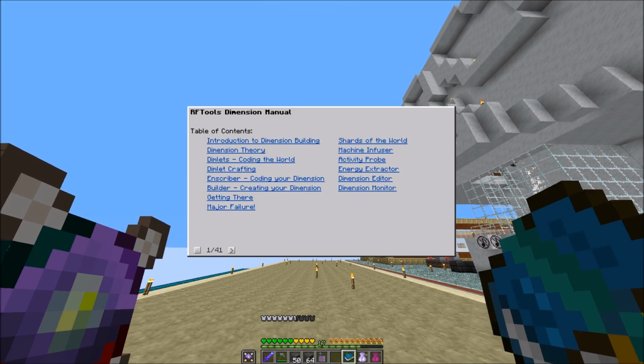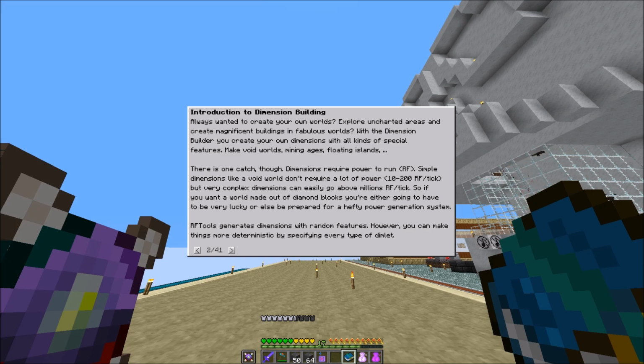Alright, introduction to dimension building. It's been a while since I've done this, so yeah. Always want to create your own worlds. There's one catch though. Dimensions require power to run, RF. Simple dimensions like the void world don't require a lot of power. Okay, but very complex dimensions can easily be in the millions of RF a tick. Diamond blocks. No, we're not getting greedy here. We're good on resources. RF tools generate dimensions with random features. However, you can make these more